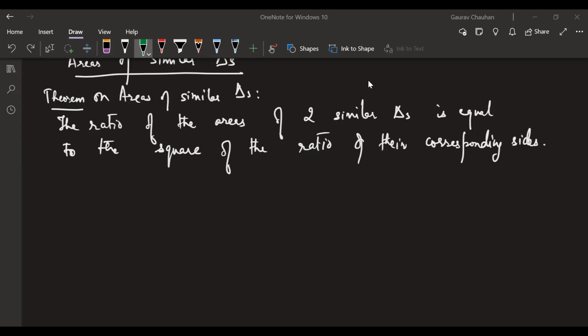Okay, take a minute, Deepak. Anyone else? Manisha, go ahead. Sir, I think the predicate is the given part, sir, and we have to prove that the two triangles are similar. Predicate, subject. Tell me which part. What is given to you in this? What can you assume, and what will be your to prove? What should be in green? What should be in red? Tell me, Manisha. Sir, the square of ratio of their corresponding sides will be given.